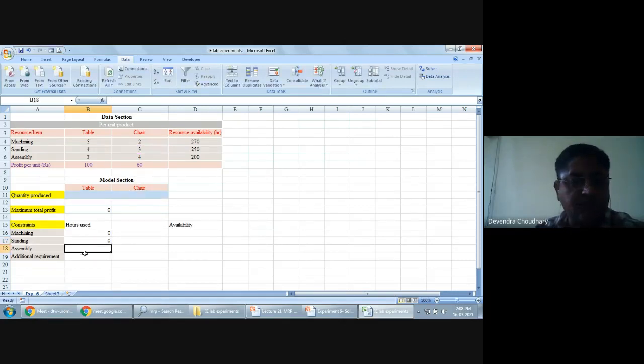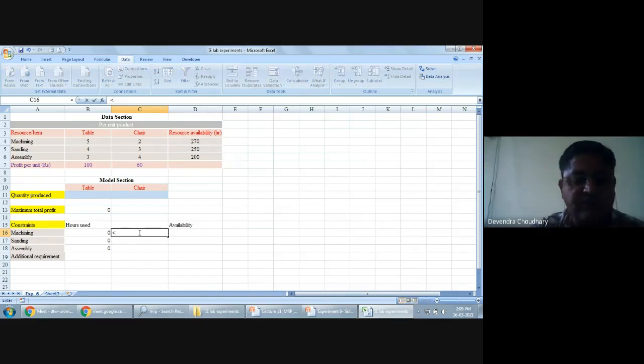And similarly, we put here the assembly constraint: 3 multiplied by the number of tables plus 4 multiplied by the number of chairs. Okay. And in between, we have all these three less than and equal to constraints.